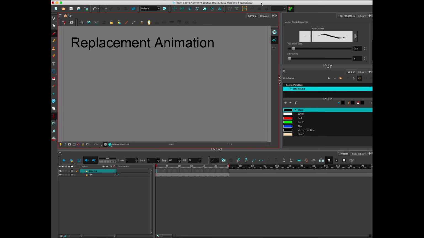Okay, let's talk about replacement animation in Toonboom. The easiest way to think about replacement animation in Toonboom is if you remember in Adobe Animate that a symbol held the library of drawings, the replacement drawings that you used for a mouth or a hand. Now, instead of a symbol, what Harmony does is use the layer to contain all those replacement